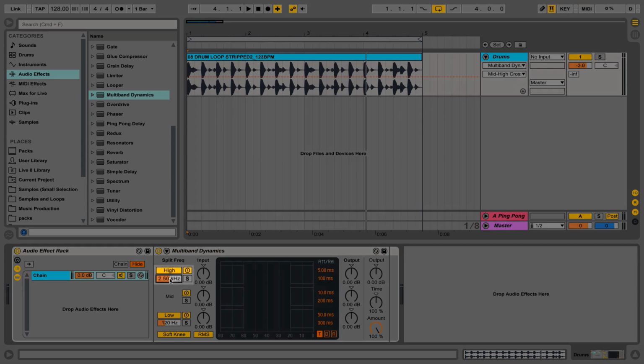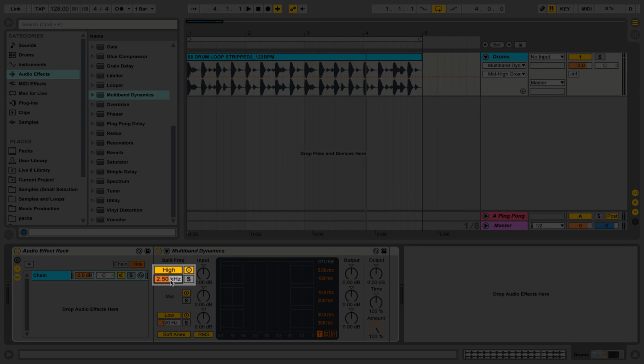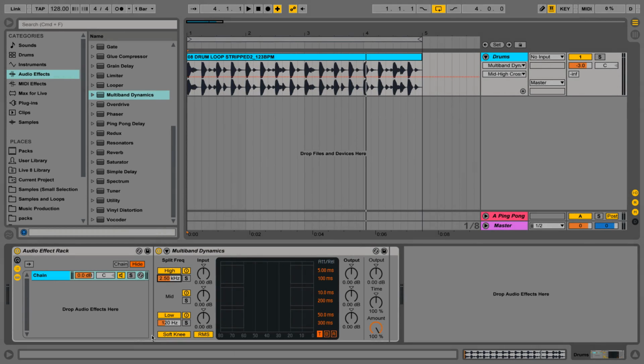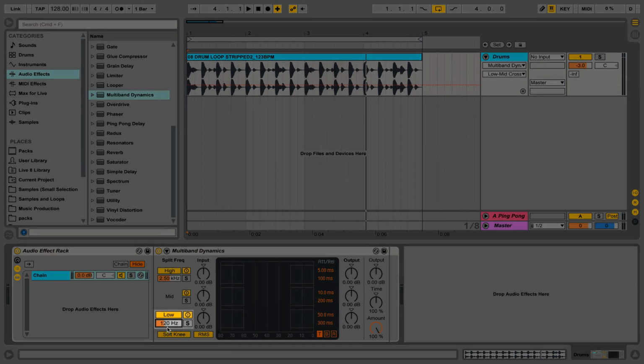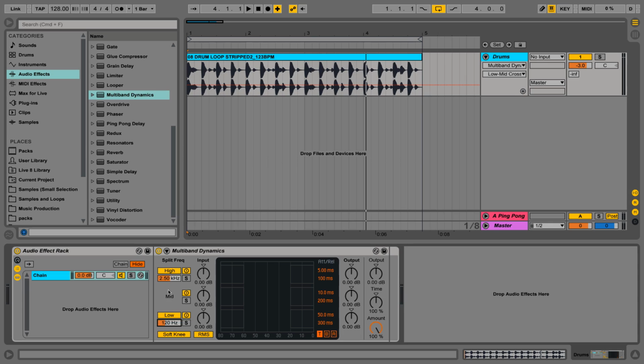The high band is defined by anything above this frequency up here, 2.5 kilohertz. The low frequency is defined by anything below this frequency down here, which is set to 120 hertz. And then the mid band is essentially anything in between those two frequencies. This default setting gives us a pretty good starting point for where to split out frequencies. Now we can of course use this to dynamically process, that is compress or expand, any of the three bands of frequencies here, but we can also use this in another way to just solo or isolate certain